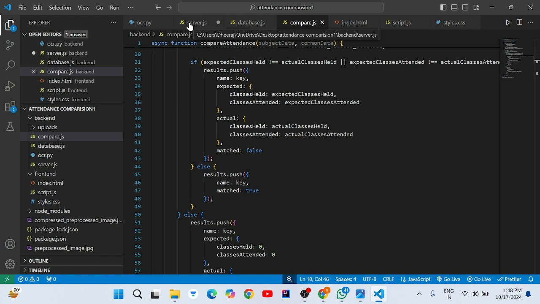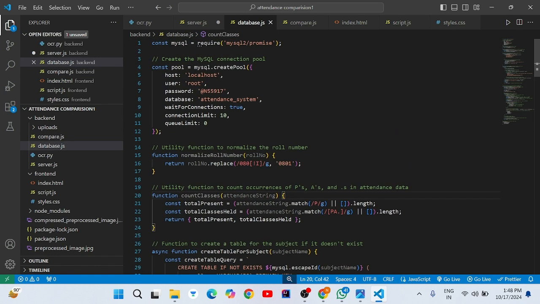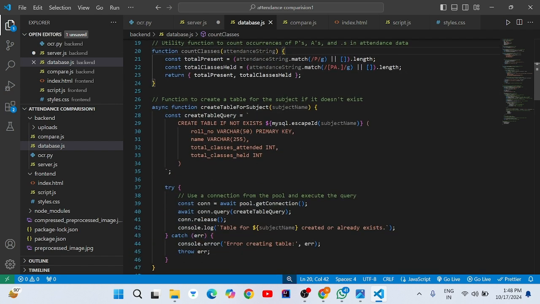The compressed image is then returned as a buffer, ready for further processing by the OCR module. As an overall summary of this code, the attendance sheet comparison web application integrates various technologies: HTML, CSS, and JavaScript for front-end functionality, Node.js for server-side logic, Sharp for image compression, and Extract OCR for text extraction from images. The system works in harmony, automating the process of comparing attendance sheets and identifying discrepancies, providing a